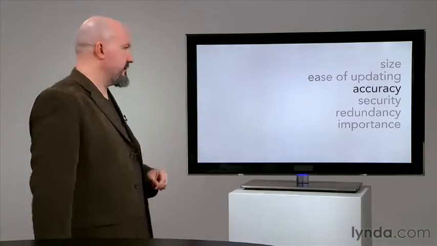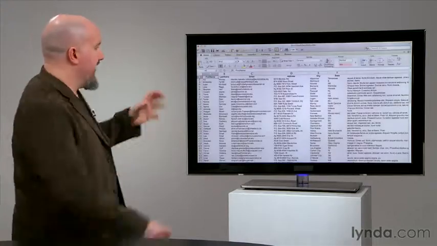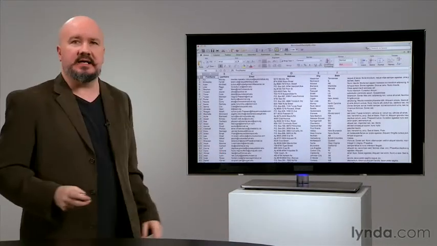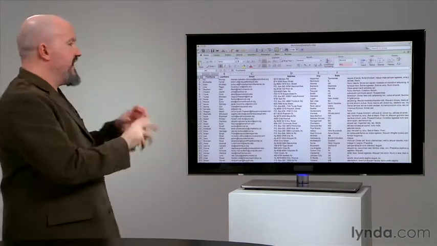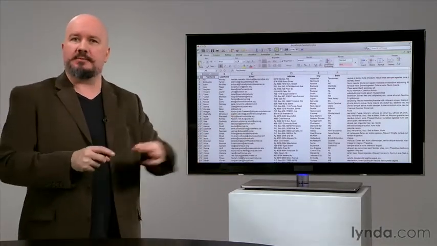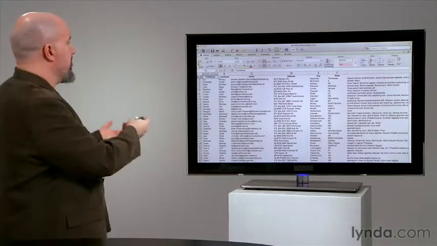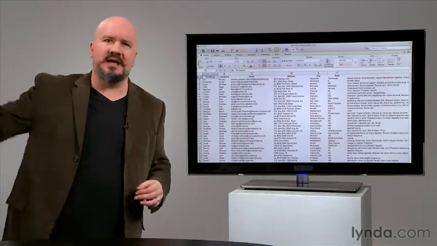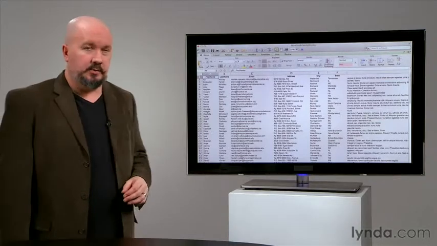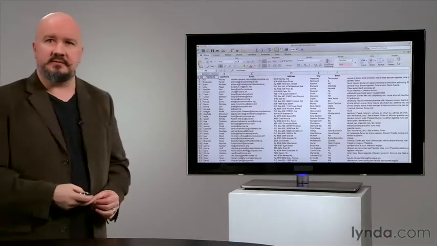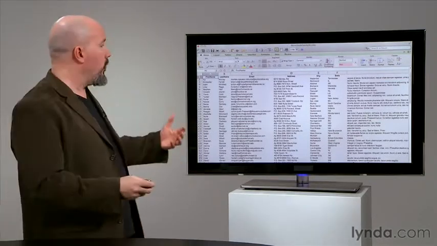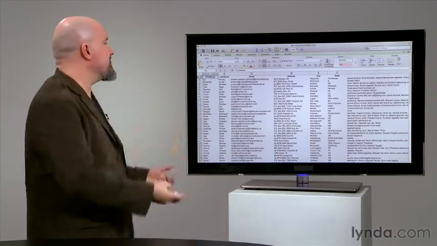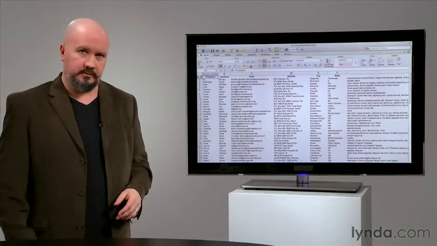Then there's accuracy of the data. Is there anything that would actually prevent me from typing incorrect data into a spreadsheet like this? To fat finger a date as being in the past when it should be in the future, or just missing some vital piece of information out with the intention that I'll come back to that and do it later. Well, usually there's nothing that would prevent me from doing so. So as these files get older and older, they start to fill up with data that isn't accurate, it isn't consistent, it isn't trustworthy anymore.